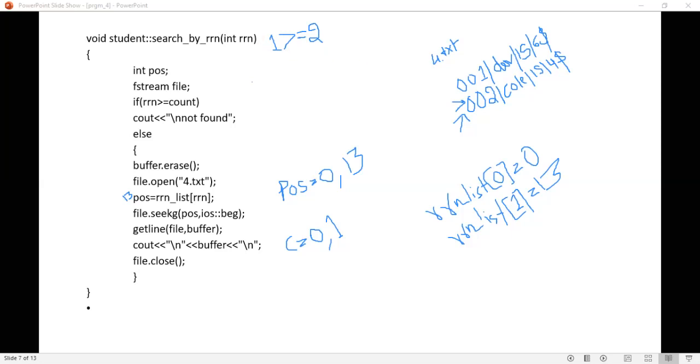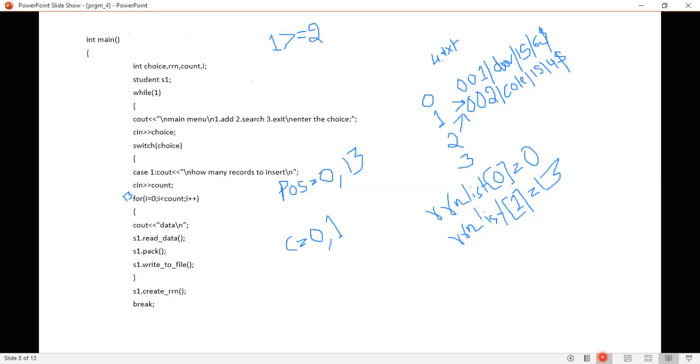The RRN of the first record is 0, the RRN of the second record is 1, the third record is 2, and the fourth record is 3. It is a continuous number starting from 0. When you want to access a record, directly use the RRN and fetch the record. We'll see the output now.